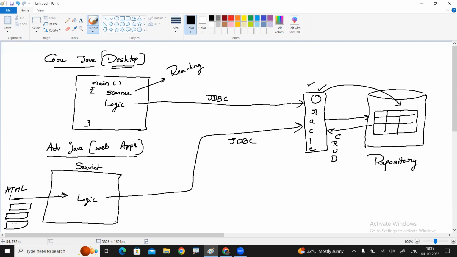So JDBC we are using in desktop applications, core Java applications, and we are using it in web applications also. So first, we will learn how to connect with Oracle and perform all operations from desktop applications, and then the same thing, how we implement in web applications also.